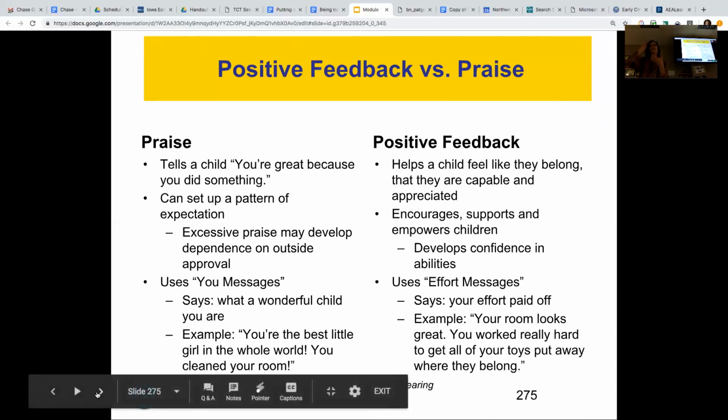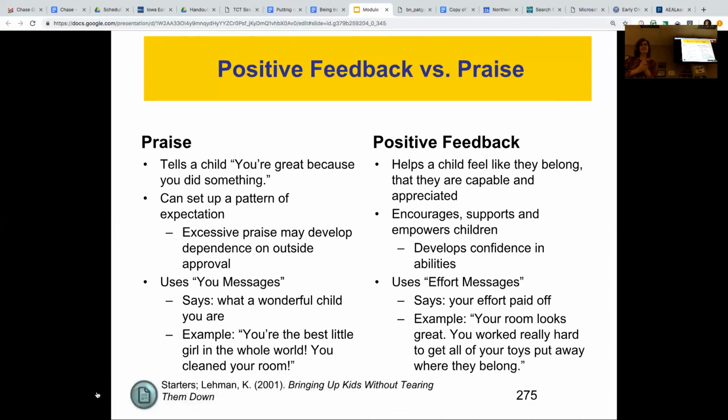Positive feedback helps a child feel like they belong and they're capable and they're appreciated, no matter what they do. No matter if they do it right or if they do just a little bit of it right. They feel appreciated and part of a belonging community. It encourages, supports, and empowers children to develop confidence in their own abilities